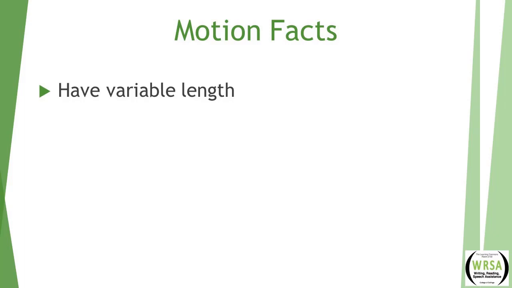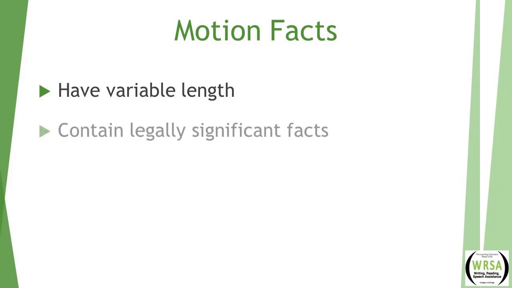Okay, the next thing that your trial brief facts section should have are legally significant facts. So, for example, what is a legally significant fact? The color, the make, the model of a car is probably not legally significant in most motor vehicle accident cases. The weather is probably not significant in a trust contest. But weather would be highly relevant for a motor vehicle accident. So each of those particular things come into play. You have to think about what your case is about, what you're trying to say, and what you're trying to get the judge to rule, okay?